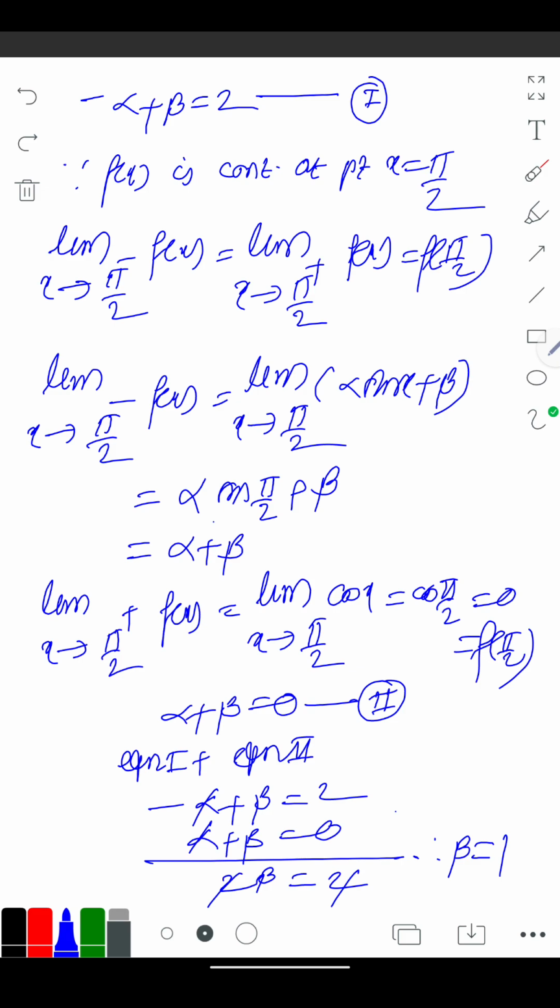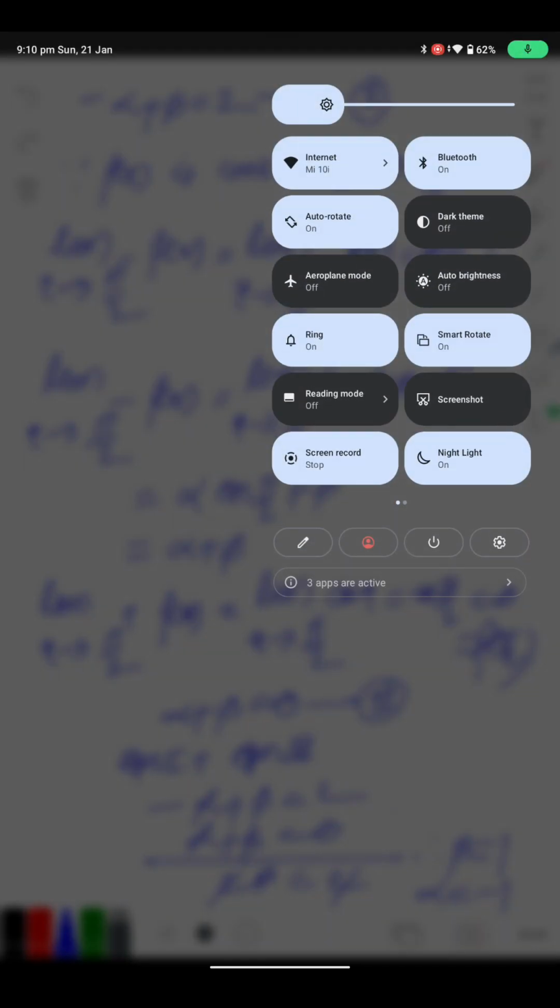Next we find the value of alpha by putting the value of beta in equation number second. So alpha plus 1 equals 0, therefore alpha is equal to minus 1, which are the required values of alpha and beta. That is, here the function is continuous in the closed interval. Then we find the values of alpha and beta. In this way we solve the problem on